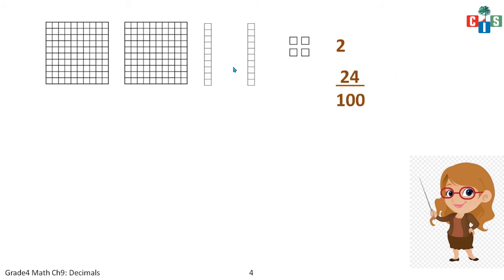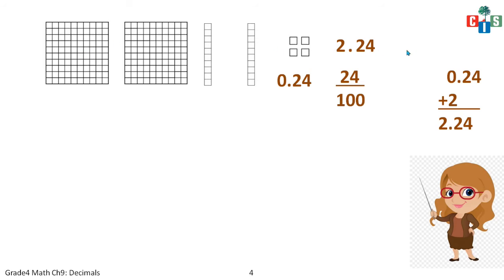Okay, but 24 मैम ने कैसे लिया है? Out of these 100, I have taken this 24 only. So it is represented as 24 by 100. ये दो पूरे part, that is 2 here. And this is 24 by 100, so it can be written as 0.24. Now 0.24 plus 2 will be 2.24. As this is only a part, I will have a point here. This is the decimal point and I will write 24. Clear with it? Yes.